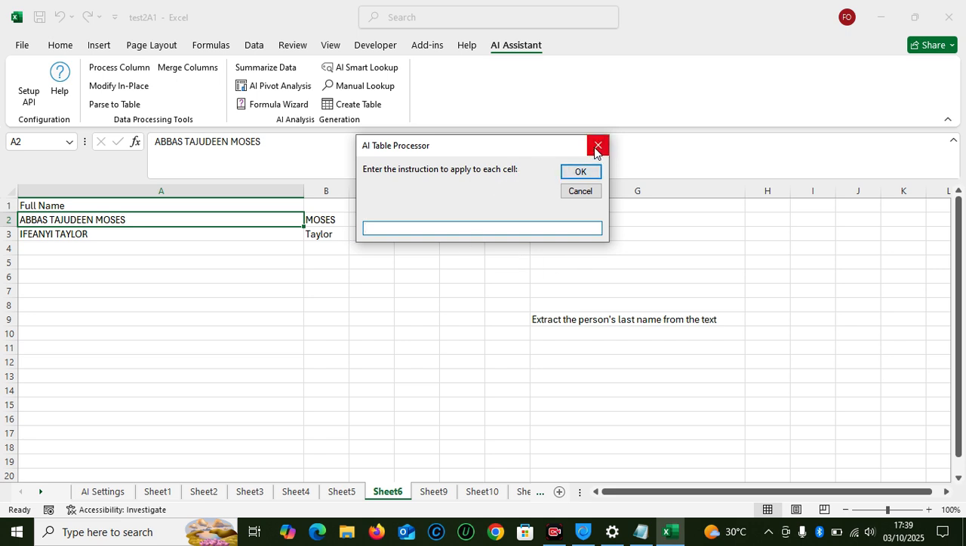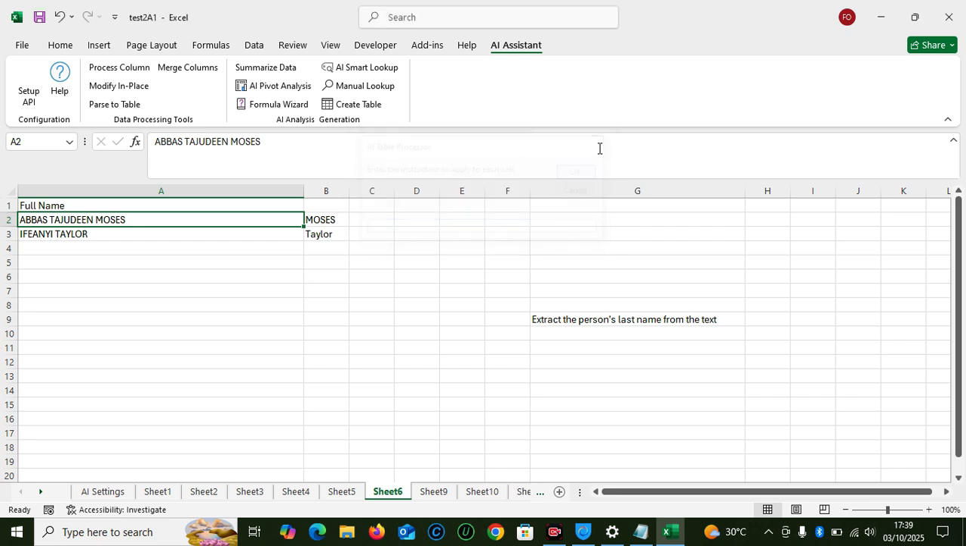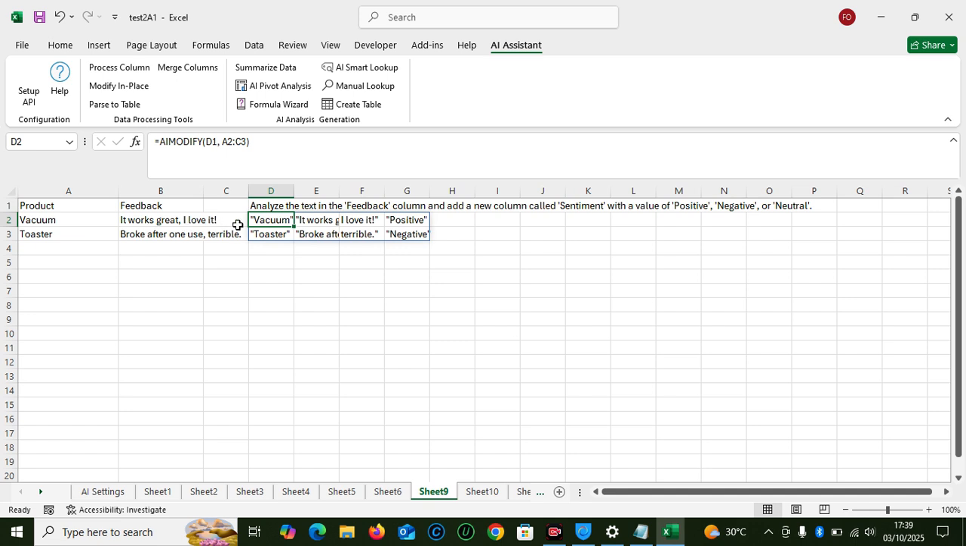So it's a table processor. It will help you do whatever you want: extract the last name, extract the middle name. You tell it, and the result will show you a clean result appearing in the next column. So that is how this one works, and it's very, very simple. So let's move to sheet 9. Now sheet 9,